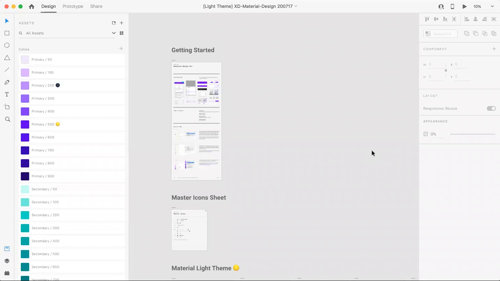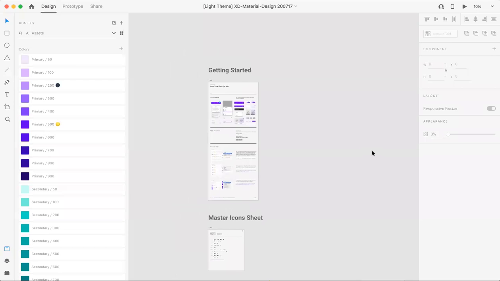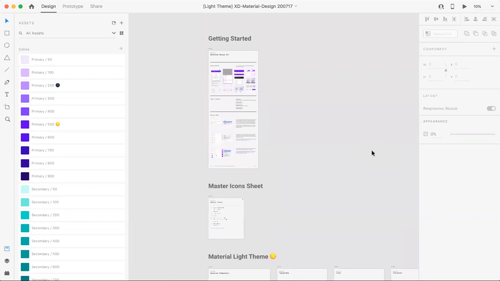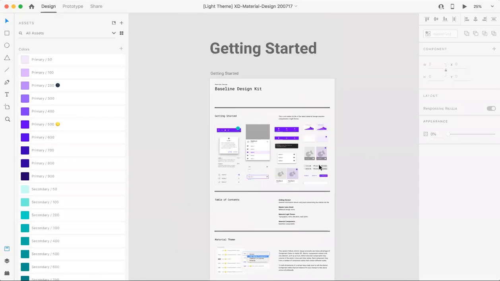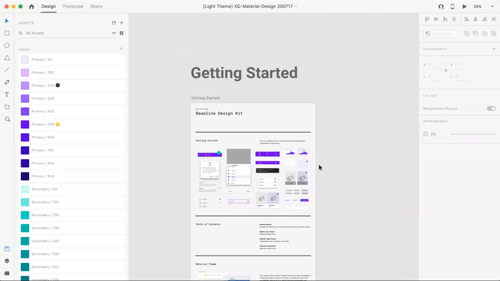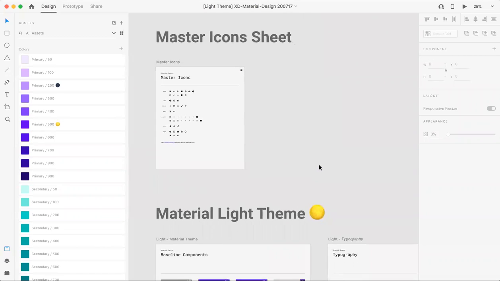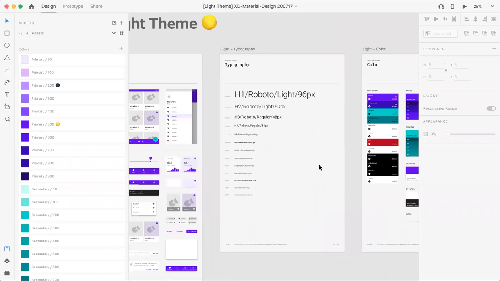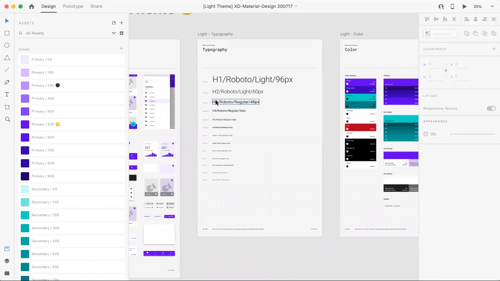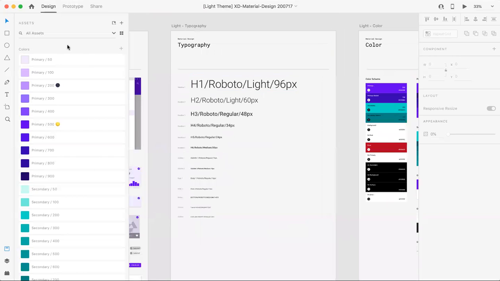So this is a UI kit for Android. It's a material design UI kit. And because I have Android, I like to use this stuff better than iPhone stuff. And in here, typography is quite comprehensive. Like you can see what they used, and you can see in assets,